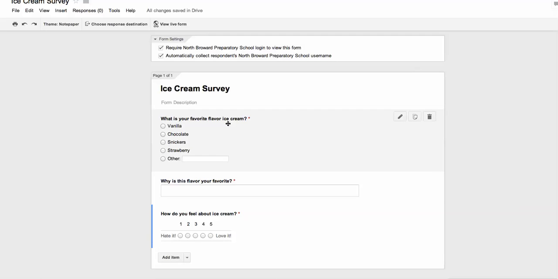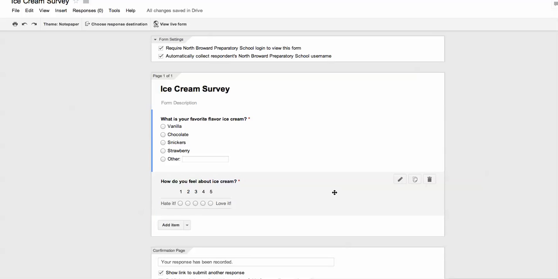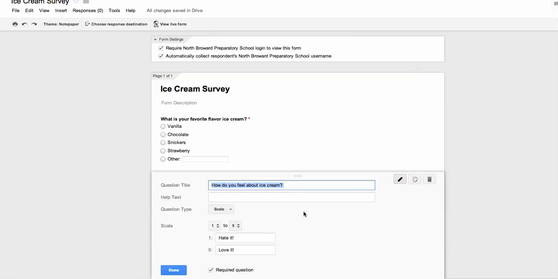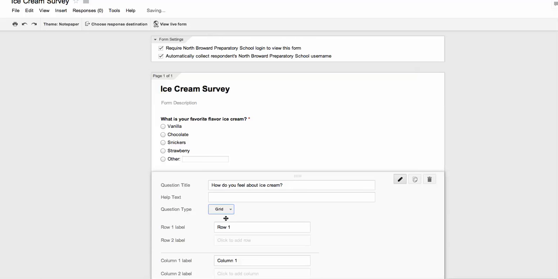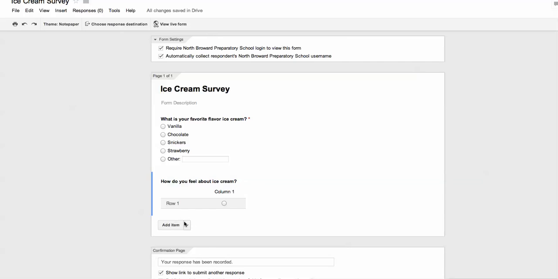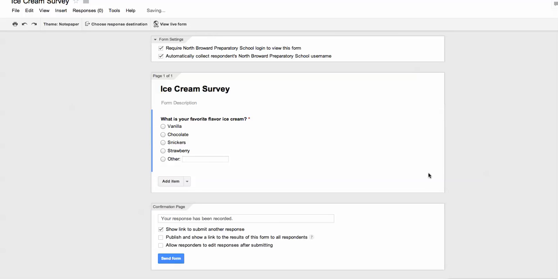So now I have what is their favorite flavor, a short essay response, and a scale. Perhaps I really don't care to have the short essay. So now I have this, but maybe I want to edit it and change this from a scale to choose from a list, or the very complicated response system, a grid. A grid provides different rows and different column headings like a table that you could have students respond to. So I'm going to actually delete that entirely, and I'm sending out a survey just asking about, what is your